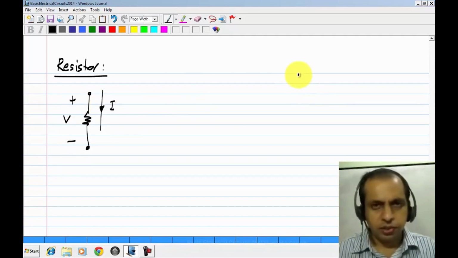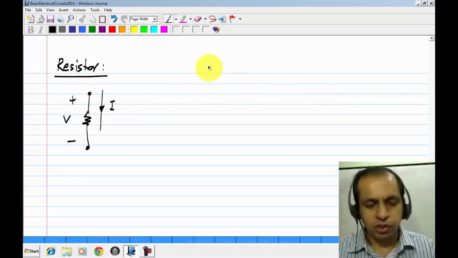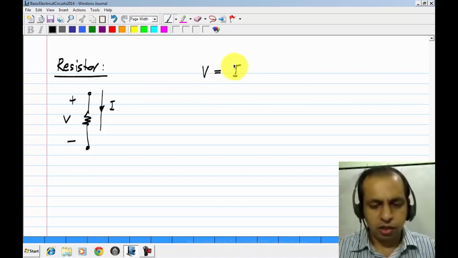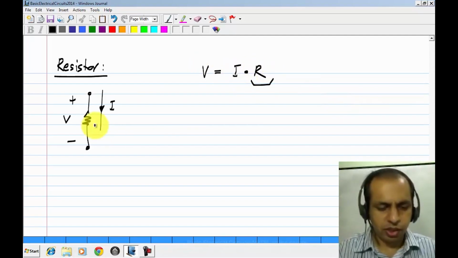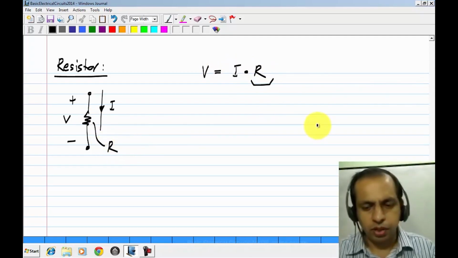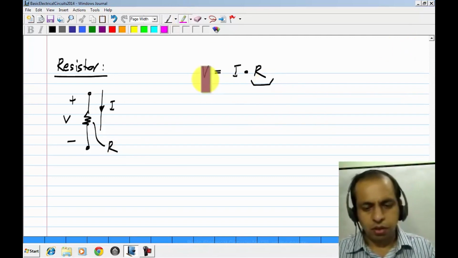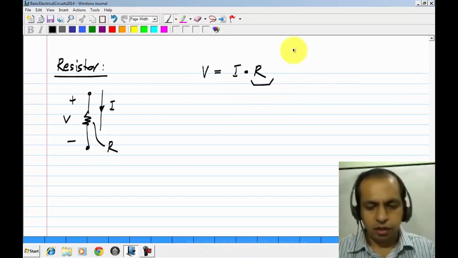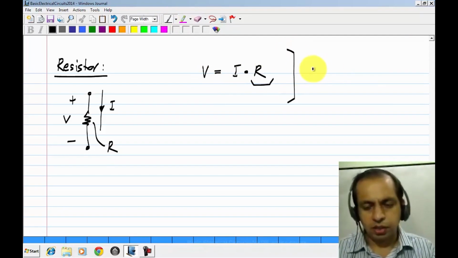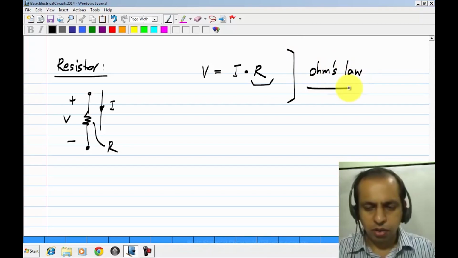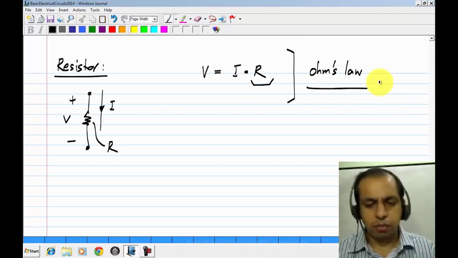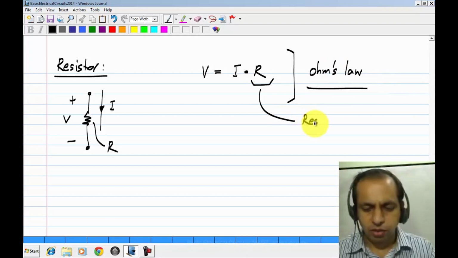what a resistor does is to establish a relationship between the voltage across the resistor and the current through the resistor through a proportionality constant, which is a property of the resistor. So, whenever we specify a resistor, we also give its value R. What does this mean? The voltage is proportional to the current, and this proportionality relationship is known as Ohm's law. And the proportionality constant is called the